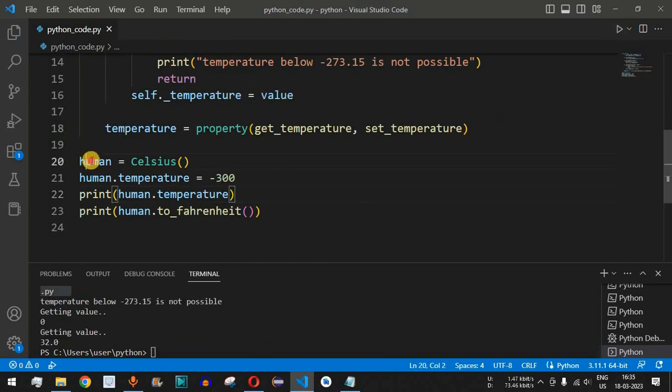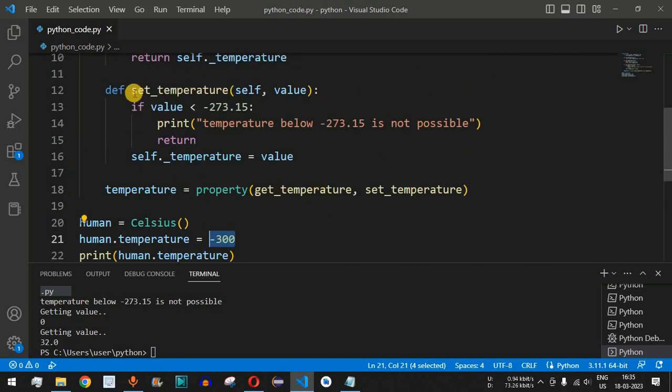So as you can see, first of all, human is equal to Celsius. So basically human.temperature is equal to negative 300. Over here what it is trying to do is call this set temperature function, and since the value is negative 300 that was passed from here, the value is less than this particular value, and that is why the statement temperature below negative 273.15 is not possible is getting printed over here.